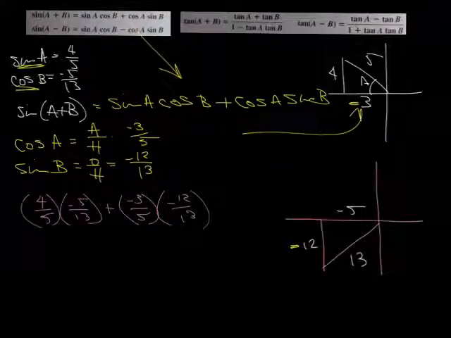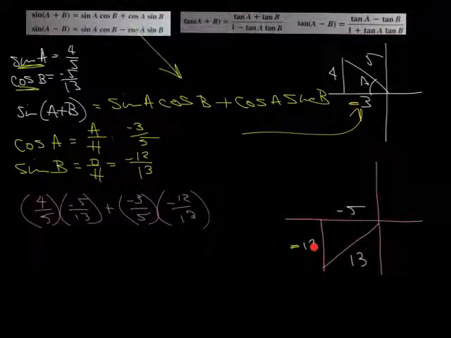And I'm not going to do the b part, tangent of the quantity a plus b. It's done the exact same way. The only difference is you're going to be using this formula right here. So you're going to have to find the tangent of a and the tangent of b. And you know your a and b were, sine of a was 4/5. The cosine of b was negative 5/13, and then you're able to find your tangent just by using these,